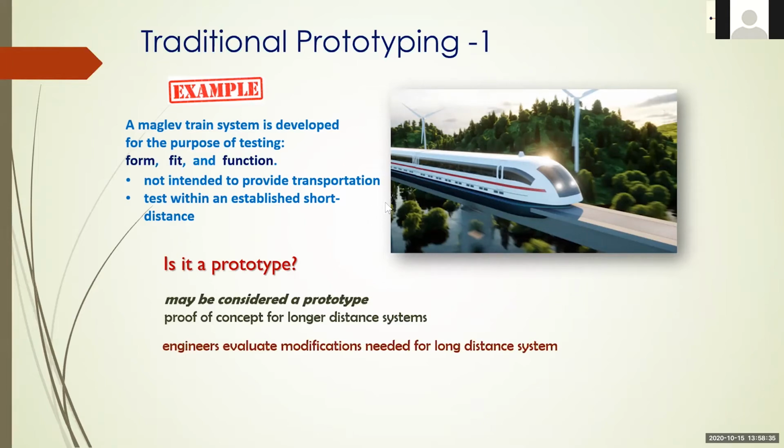And it was a proof of concept because they were just building the train in two stations that were very close, but they wanted to do that to cover most of the city. So they say, let's build one. Let's focus on the most important things that we want to test. Let's look at performance. Let's look at the safety. So let's look at the speed that we can get with this thing, okay? So they were testing those things in a small scale. So it can be considered a prototype.